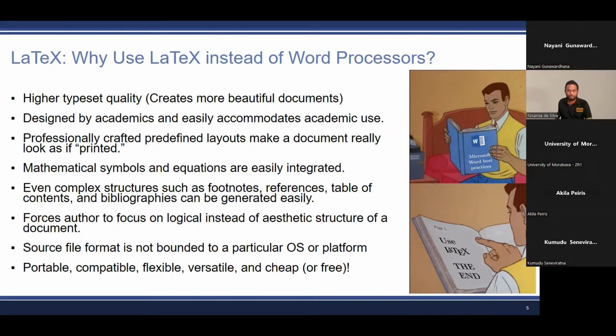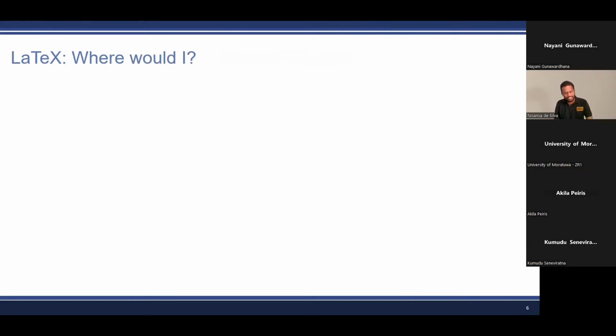Right. Now, the next question is, okay, that sounds like a good sales pitch and all, but where can I do this? So there are several ways. The oldest way, LaTeX, has been around for several decades now. And the old way to do that was to create these text files and zip files by yourself in one of your folders and then write a command line. And that doesn't sound attractive at all.